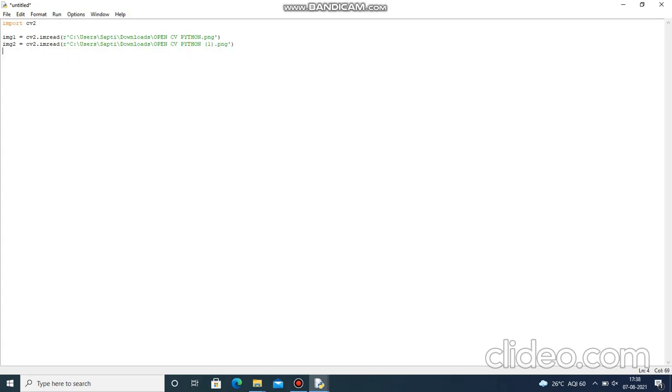These are the two images that I am going to choose and we are going to add them together. Be careful while taking the two images because the two images should have the same dimension. So let's take the third image is equal to cv2.addWeighted. This is the function that we are going to use in order to add two images.